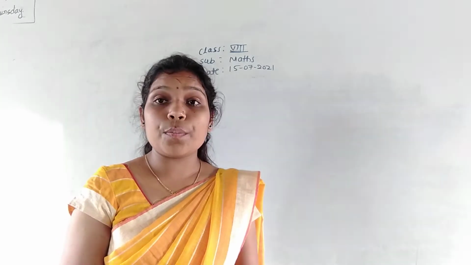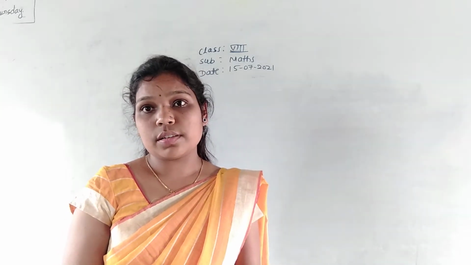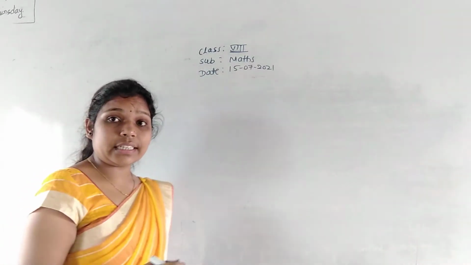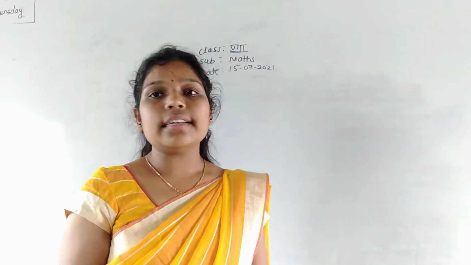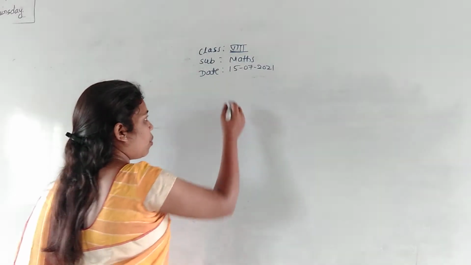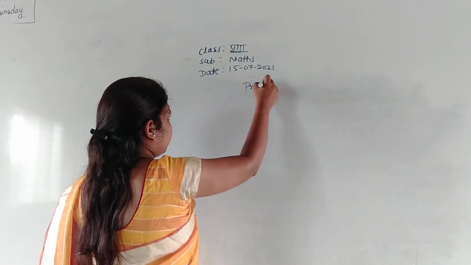So that is the properties of multiplication. What are the properties of multiplication here? We'll see. Already you studied in 7th only, right? You studied only about integers. Now you are studying about rational numbers. Only that much is the difference, right? So now we'll see the properties of multiplication.